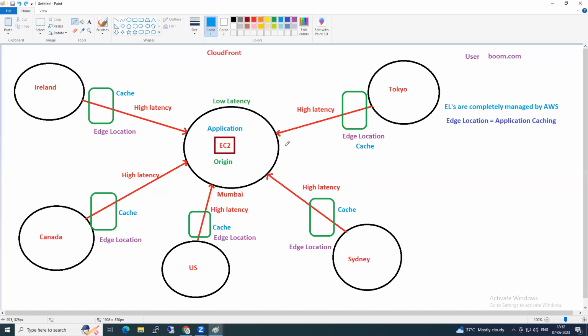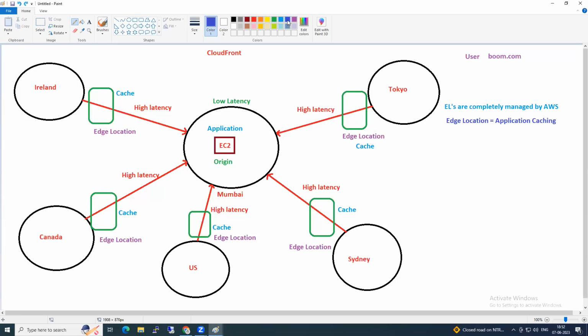Okay, see here, guys. What is the service name here? CloudFront. CloudFront has what? Edge locations. What do the edge locations do? Edge locations will cache your application. If you go to CloudFront, in S3, what do you create?